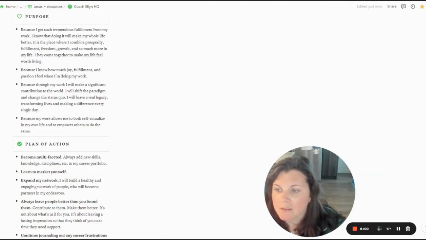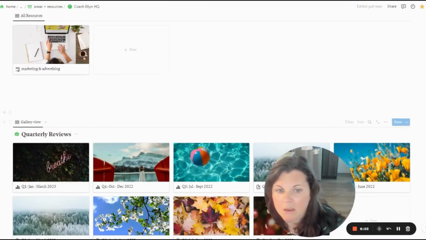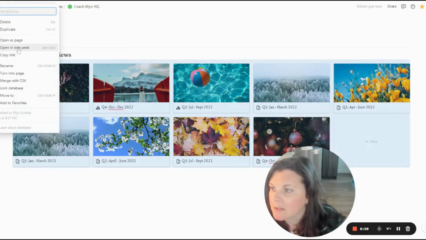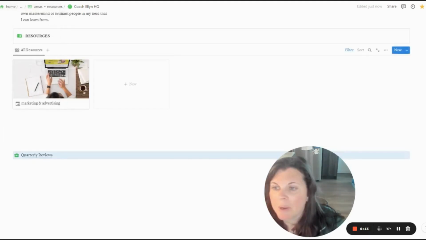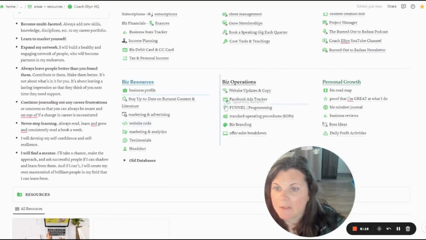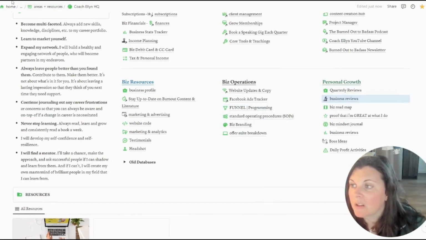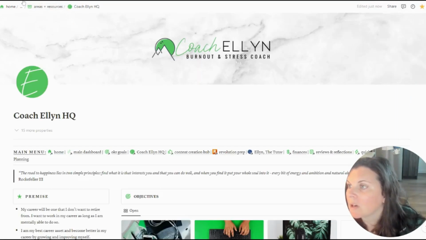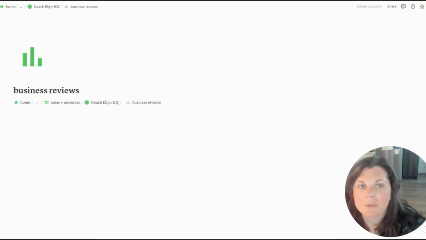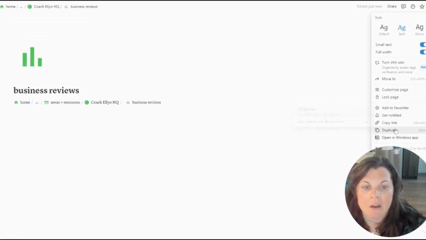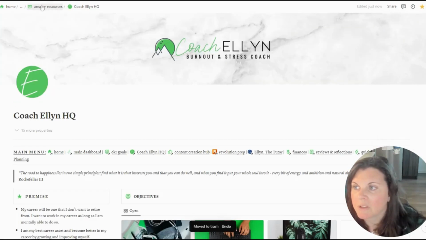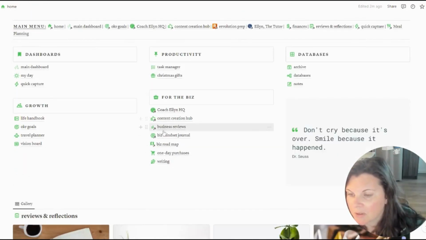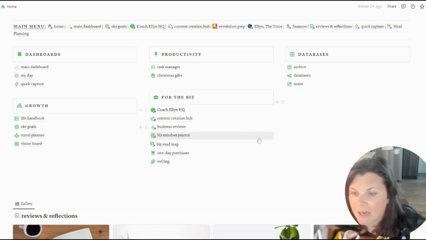Now that is under Coach Ellen LLC. I'll go ahead and, actually, I think I want to make this a full page database instead of an inline database so that I can just have it. So now I can just have this as a page inside of here. So I'm doing a lot of streamlining right now. I'm trying to get rid of excess pages that I don't need anymore. So let's go back to business review. Now I can get rid of this page that really wasn't serving any purpose per se. Okay, so now if we go back to my home page, still at the Content Creation Hub, I can go ahead and delete